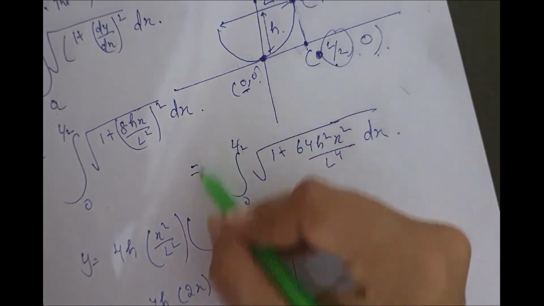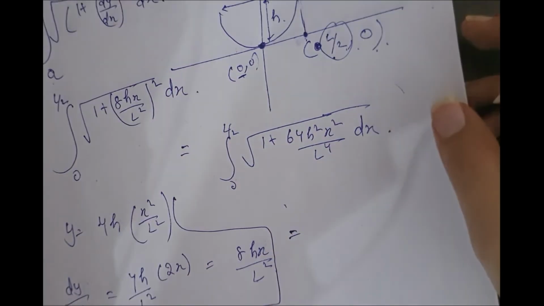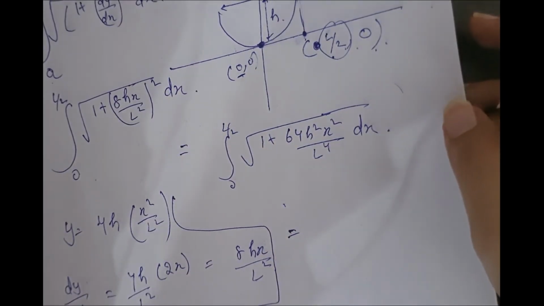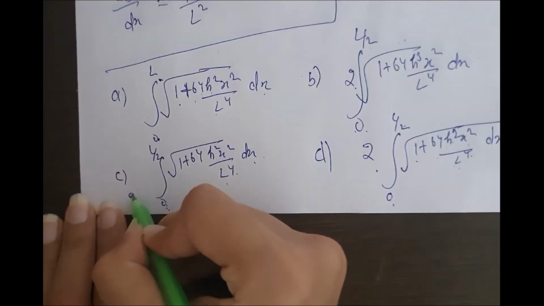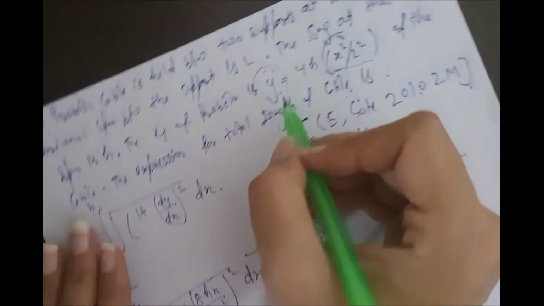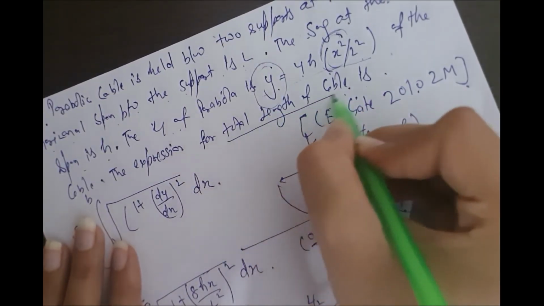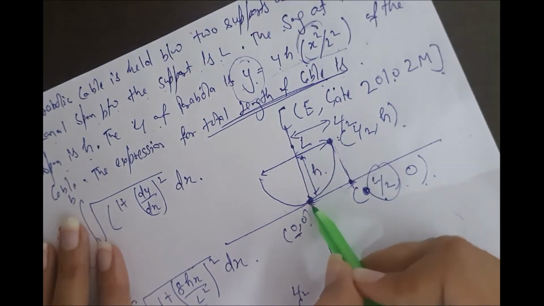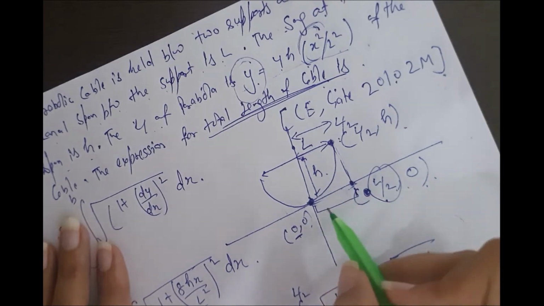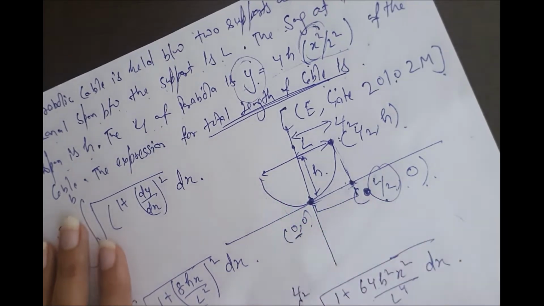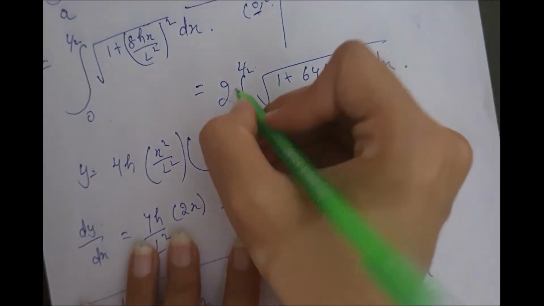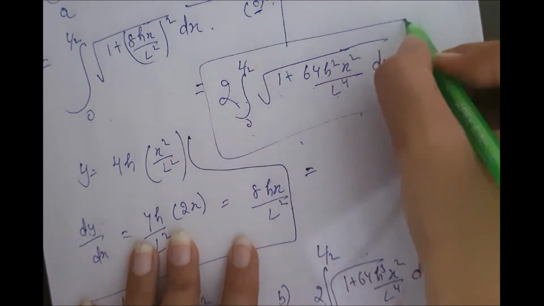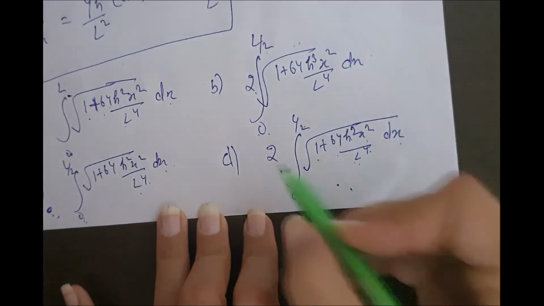Now we can solve it further, but here 4 options are available, so let's check which one is correct. The third one should be correct, but it's not, because here we have to find the total length of the cable. Here we found the half length of the cable, so for finding the full length of the cable, we have to double it. So here we found the full length of the cable, so the last option is correct.